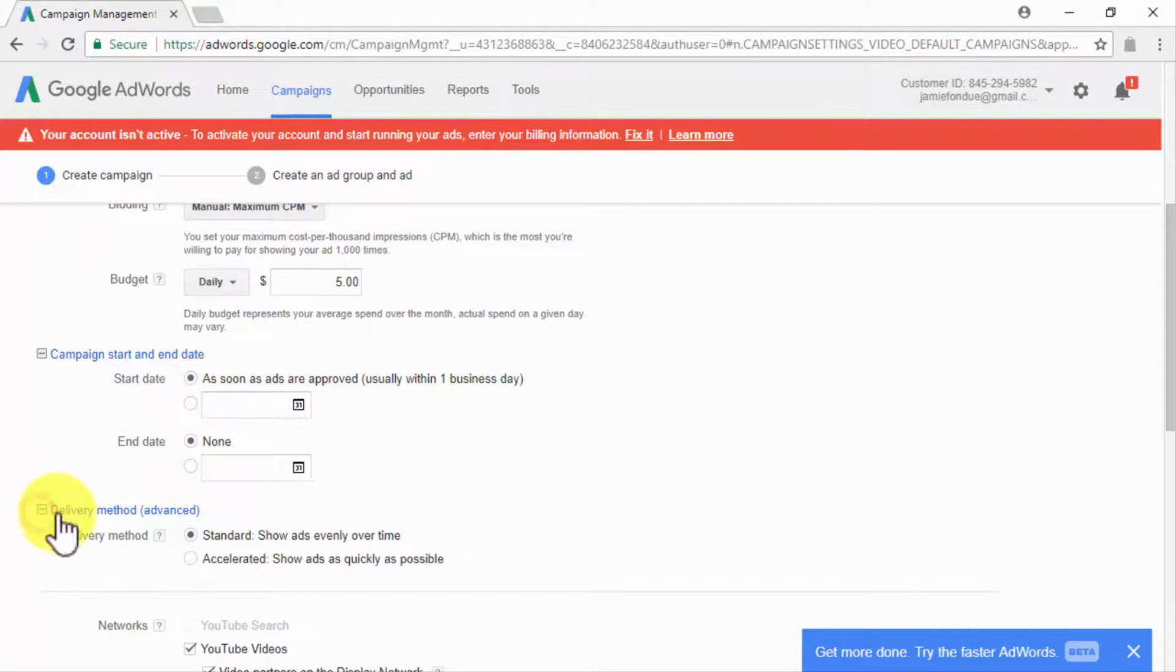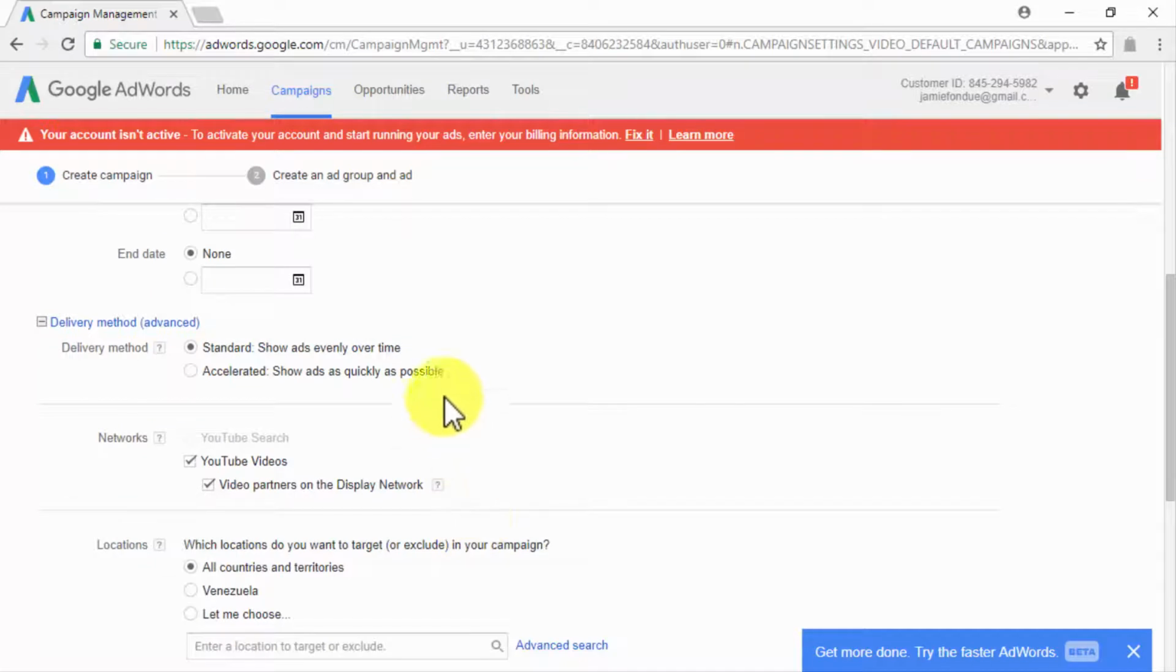campaigns. Now, when you click on the delivery method display button, you will be able to select your ad delivery speed. You can select standard to deliver your ads evenly over the course of the day or for as long as your campaign runs. Or you can select accelerated to show your ads as quickly and to as many people